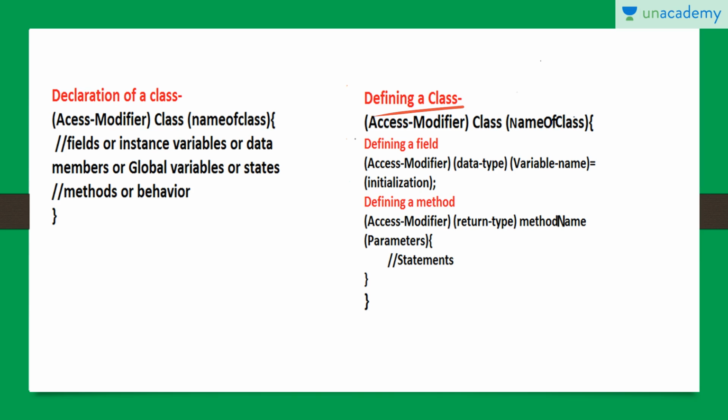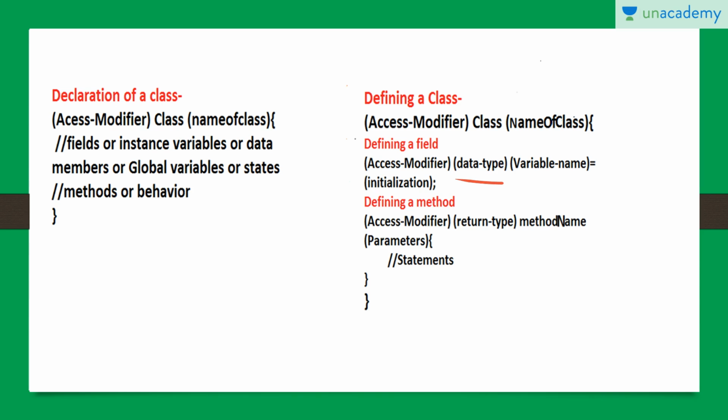Now to define a class, first we have seen that we have to declare a class. After that we have to define a field and define a method. Now how can we define a field? A field is nothing but a variable or data member that we can use, like int a, float a; these are all fields or variables. Now to declare a variable, we first have to use an access modifier. This is optional, it is not compulsory to use it. So by default a default access modifier will be given to that variable if we do not write any access modifier. Okay, now after that we have to give the data type.